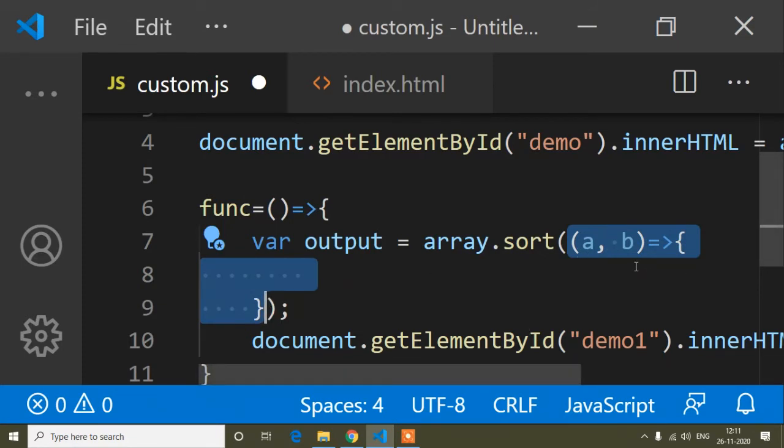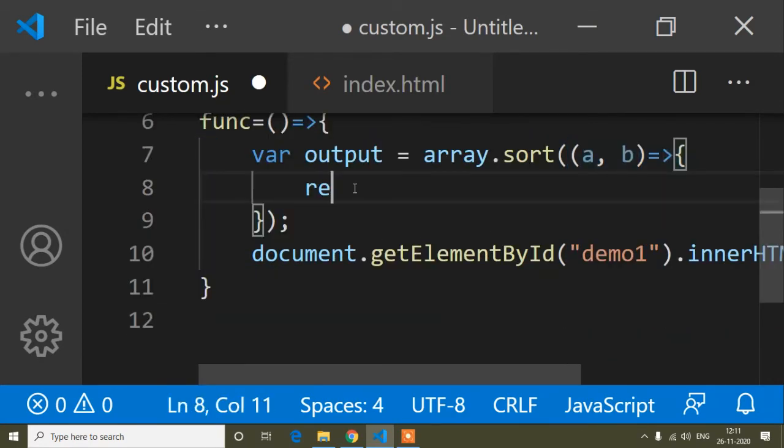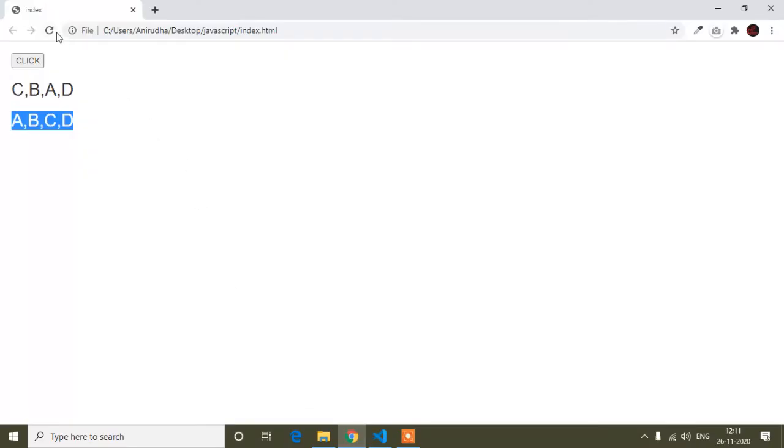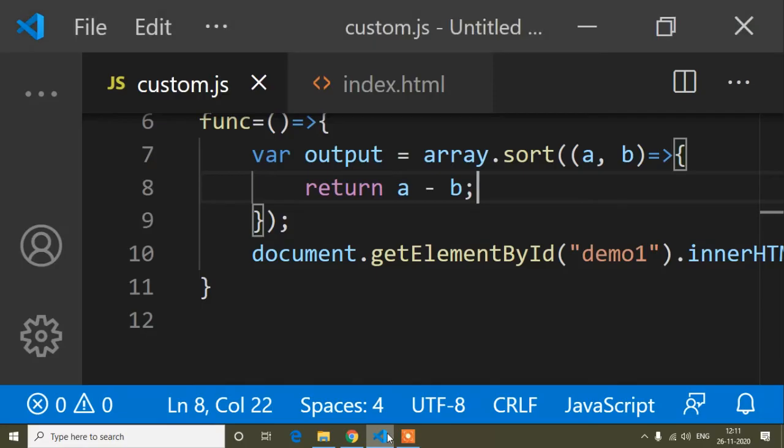I already discussed how you can sort numbers, so if you want more details, watch my tutorial, go to the description, I will provide the link of this video. And now I have to write return a minus b. Now if I refresh, here is the value, and you can see the output minus 10, 2, 4, 40. So this is the sorting.